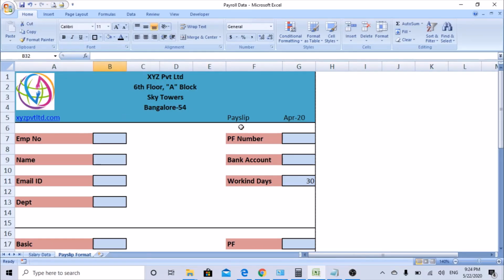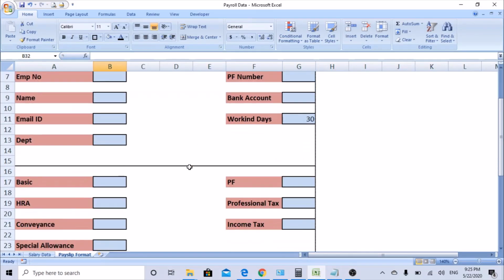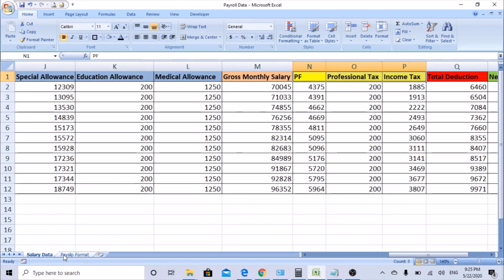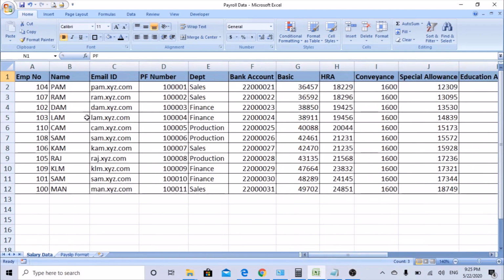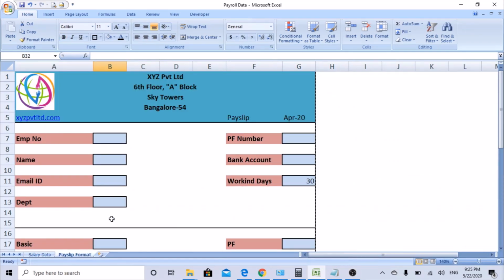So we have added all six. The only thing is, I can't go and each time take the employee number and add it manually here. We need to get it automatically when the employee number is updated. For that, we just create a drop down list. So I'll put employee number, select the same color, and set a drop down list here.